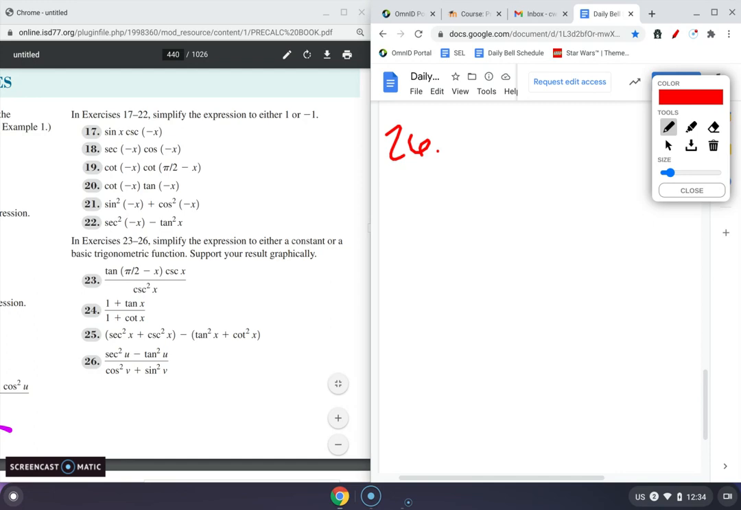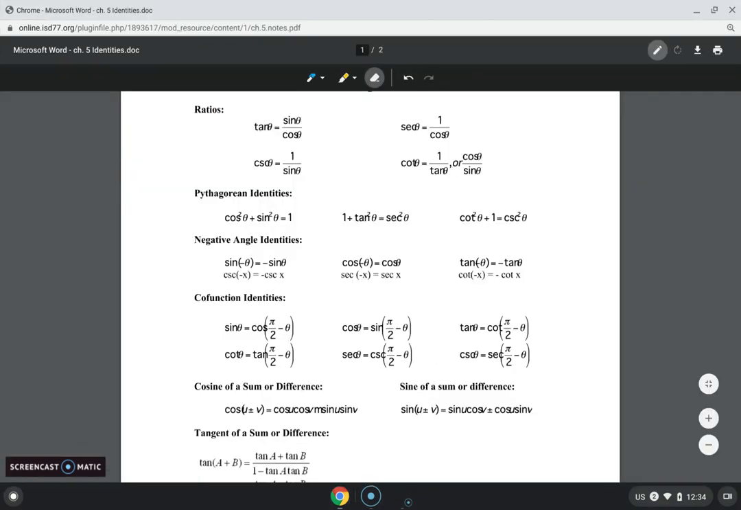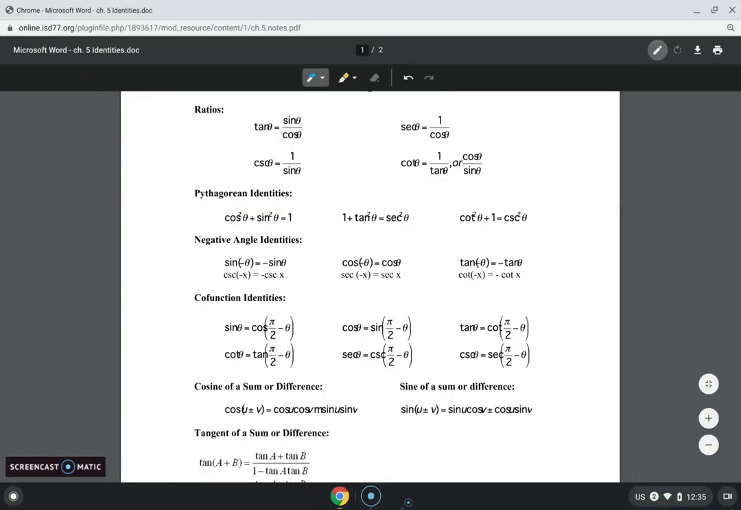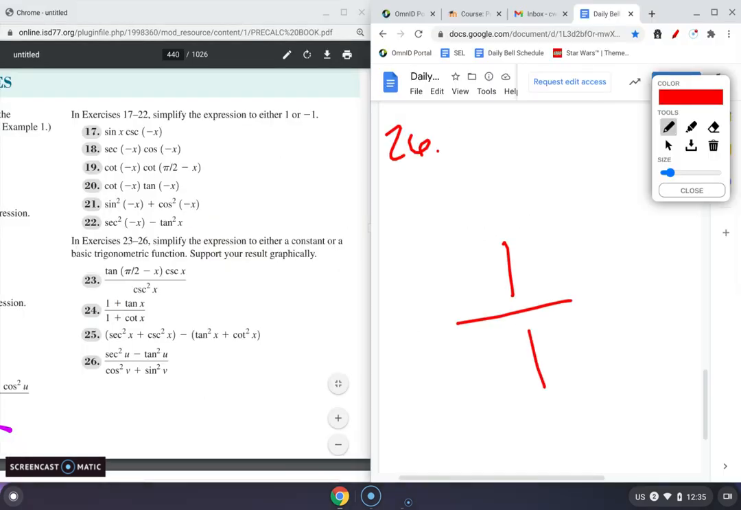All right, secant squared minus tangent squared. So I go to my note sheet, boom, right here. If I move tangent squared over, secant squared minus tangent squared would be 1. And then cosine squared plus sine squared. If you look at that there, boom, right there, that would also be 1. 1 divided by 1